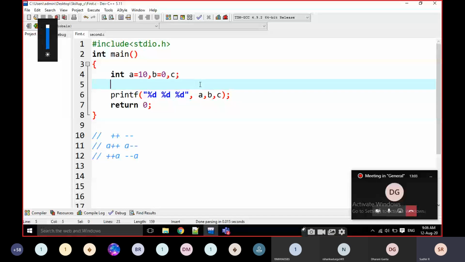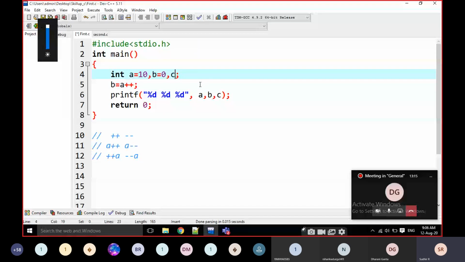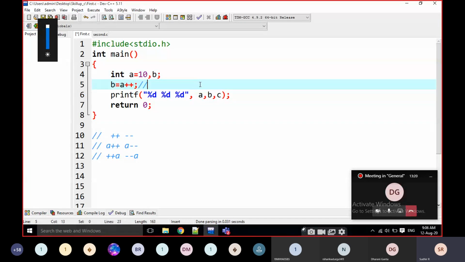Pre-increment and pre-decrement, or post-increment and post-decrement: four operators are there. For example, B is equal to A plus plus. This statement represents two operations.